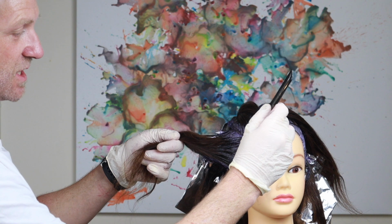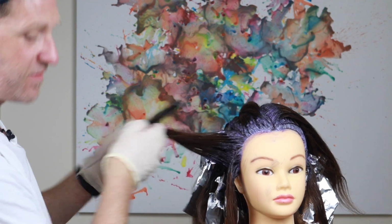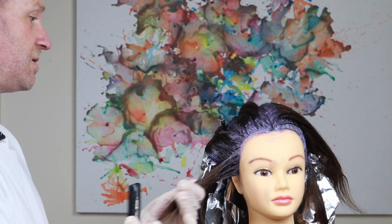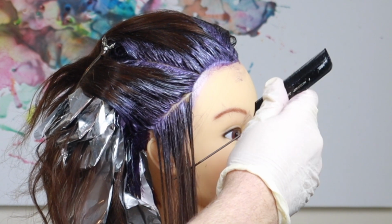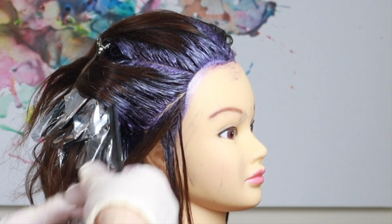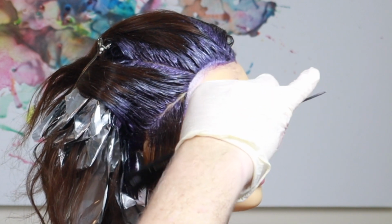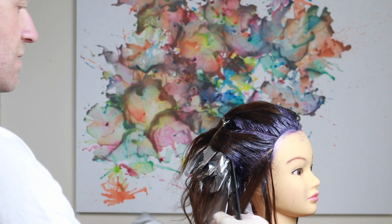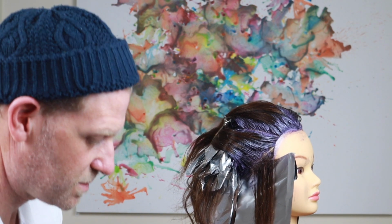That's just personal choice. So I'm just going to take a back diagonal section, again about 1/2 inch on that section. Again, just a nice deep weave on this, just so we have a little bit of natural breaking that up. Once again, our back comb, in with our board,